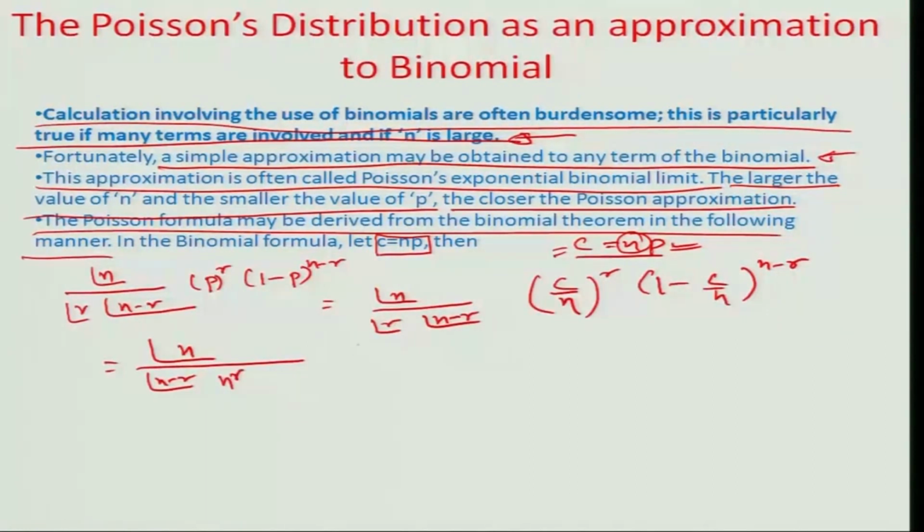So, this is n to the power of R, and the C to the power of R can be divided by factorial R. So, I am just taking this term and putting it here in the interest of simplifying the expression. And then we have 1 minus C by n to the power of n, times 1 minus C by n to the power of minus R. So, at this stage